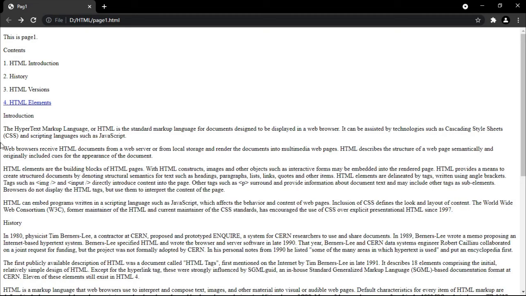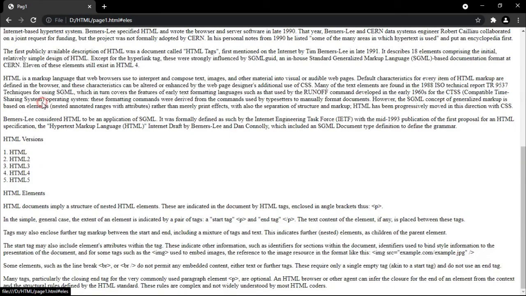See here, the HTML elements are turned into a hyperlink. Whenever I click on it, it automatically displays the HTML elements section without scrolling down in the page. So this is the way of providing hyperlinks within the page.